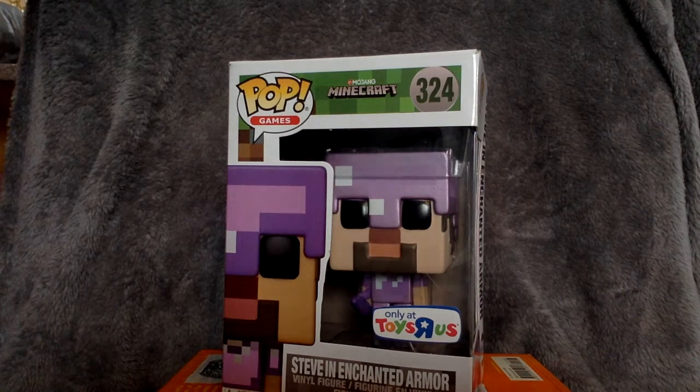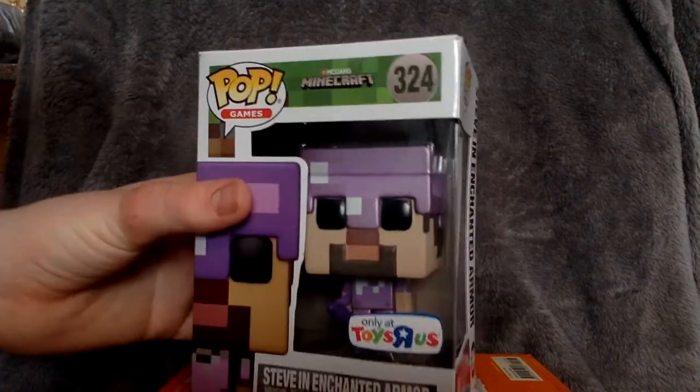But if I haven't, then you get to see a new pop. Alright, anyway, back to Steve. He's got his bow. It's enchanted, as well as his enchanted armor. And he